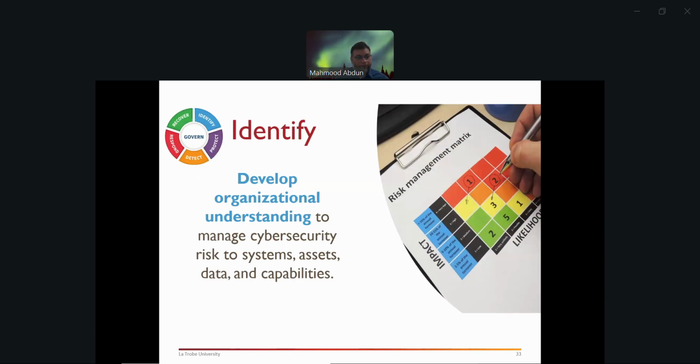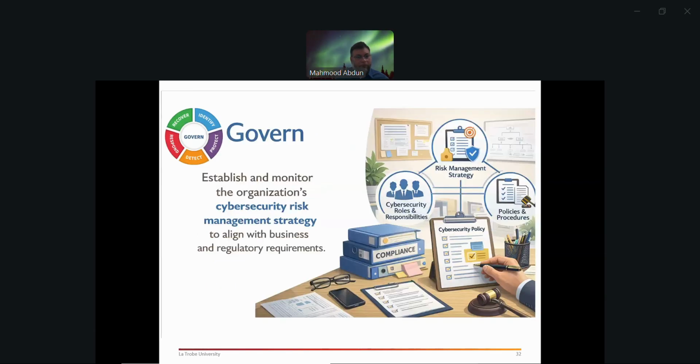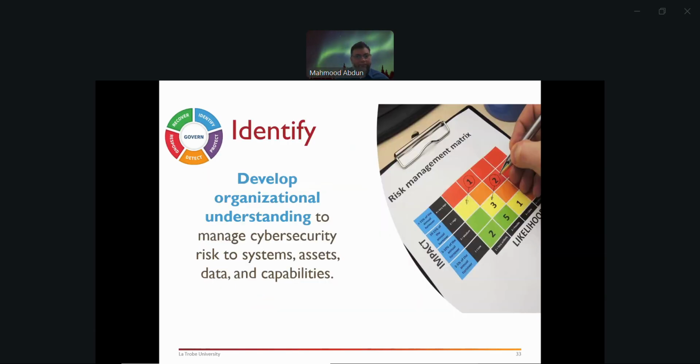And the next one is Identify. In Identify, you develop organizational understanding to manage cybersecurity risk to systems, assets, data, and capabilities. The most important thing is you want to protect your system. What are you trying to protect?